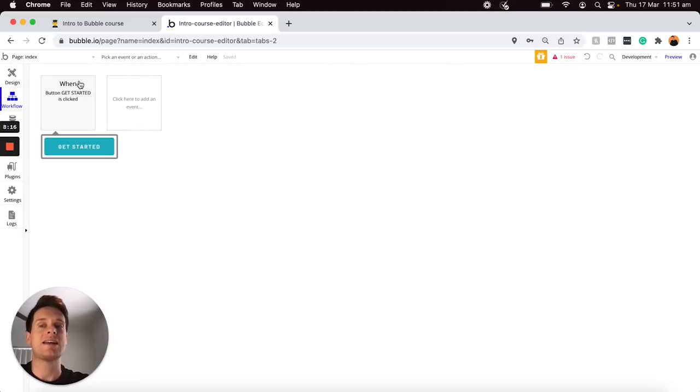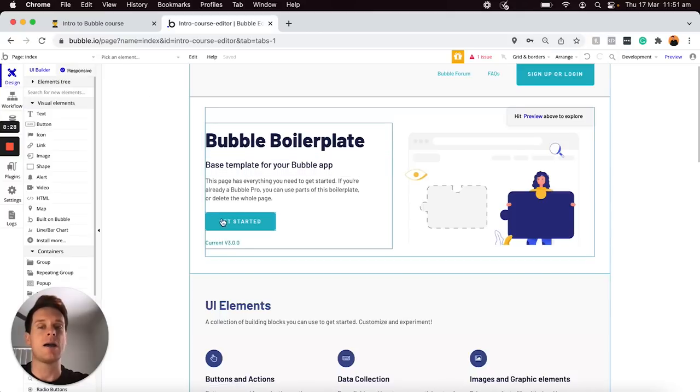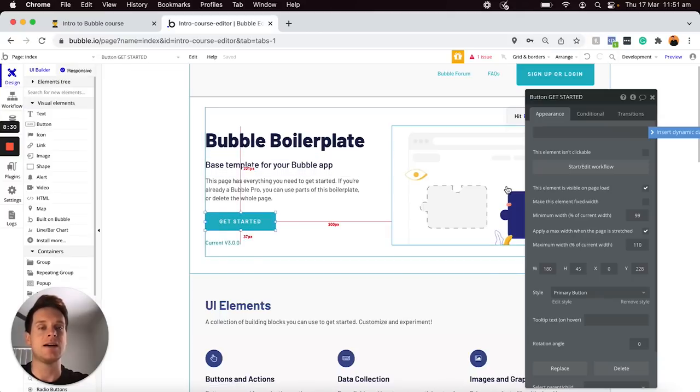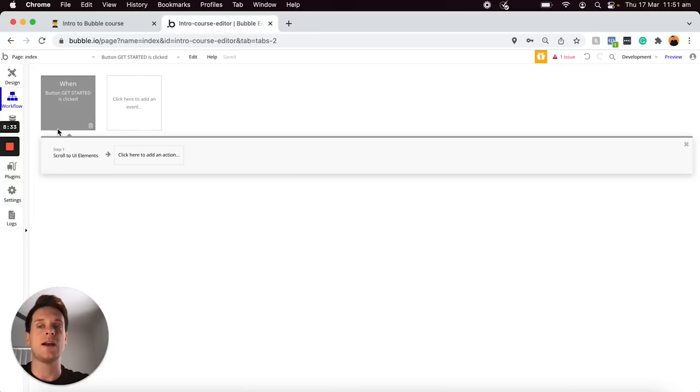So you can create a workflow that runs every single time something like an element is clicked on your page. So you can see here by default, Bubble has already created a workflow for us. So every single time this Get Started button is clicked here, it opens up our workflow editor. And within this, you can choose an action to occur. So you could say when a user clicks this button, I would like to, let's say, display a pop-up or register their account, or even create an entry within our database, which leads me to the next superpower within Bubble,